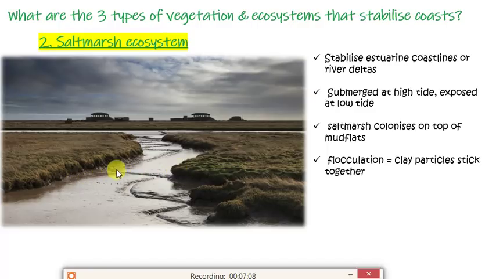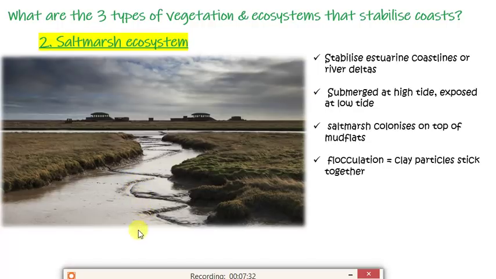Also in the photograph, you see where my little cursor is, mud flats. Deposition is still the dominant process, but rather than it being sand, it's now mud or clay. Once the tide and the river input deposit lots of mud, it builds up, and if you